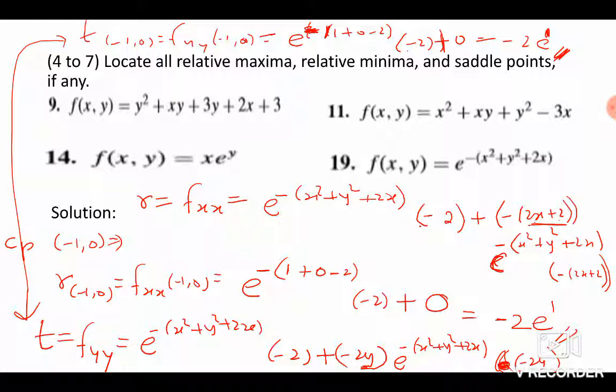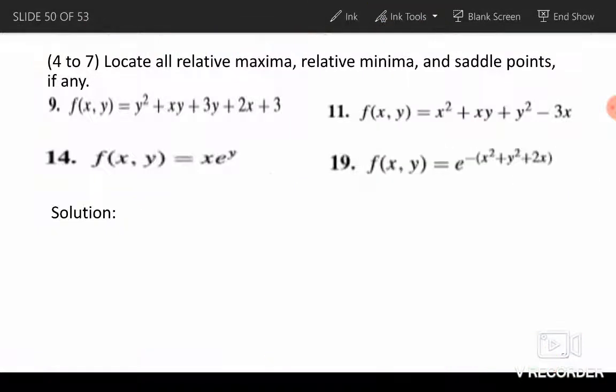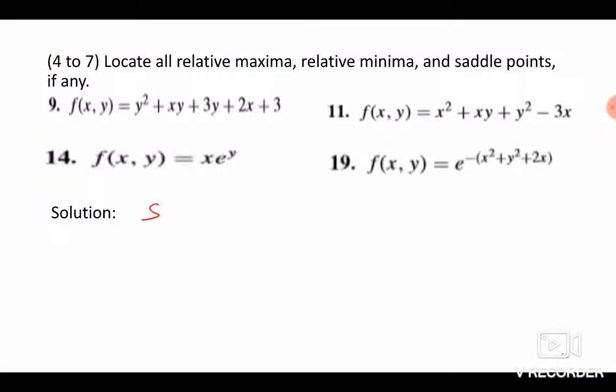This is second result, isn't it? R and t. We have to find second derivatives. Yes, so remember r and t, negative 2 e raised to 1, isn't it? Let's try s. S is coming up, fxy. Take fx, differentiate with respect to y, or take fy, differentiate with respect to x. Both are equivalent, isn't it? fxy or fyx will be,